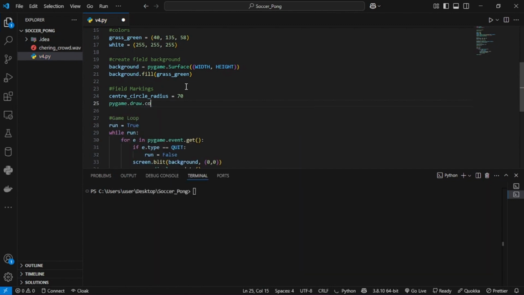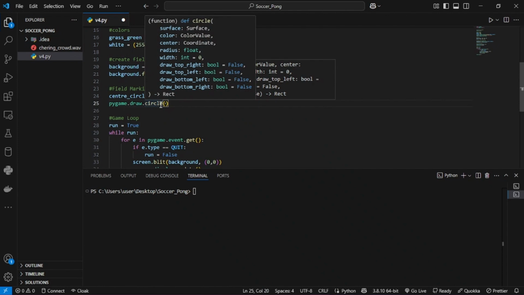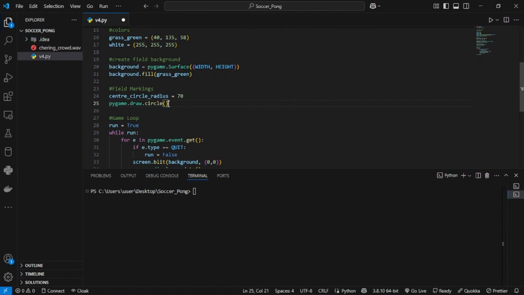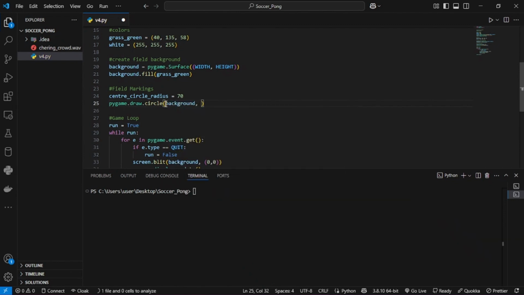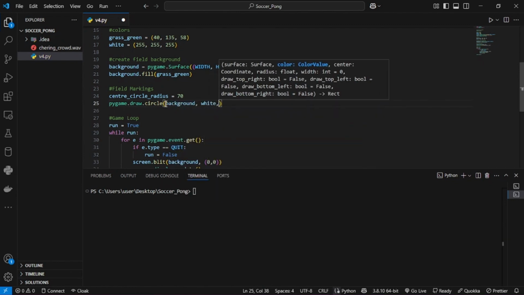So now you can access the Pygame dot draw method, and then you also go dot circle like this. Now if I hover, we can see we need the surface, we need the color, we need the center, we need the radius. Like I said, that's why I made a variable for it. You understand? So you can see center circle radius equals inside the brackets of the method. So we pass in our background. We want it to be white, and then now